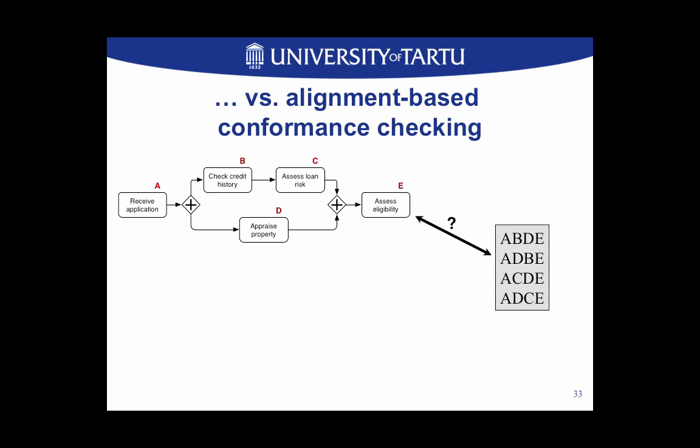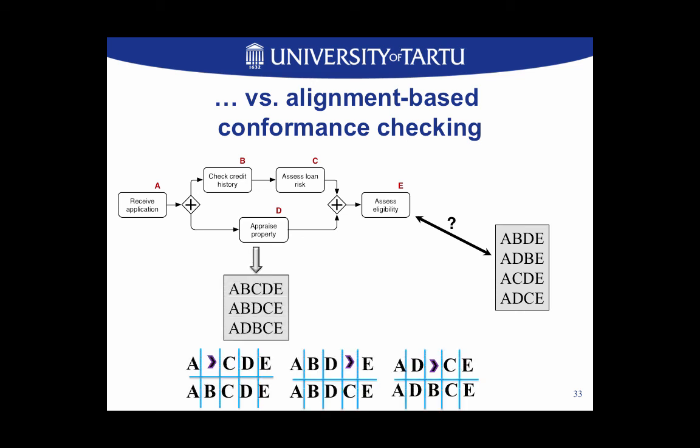In trace alignment, which is the state-of-the-art technique for conformance checking, I have this model that generates these traces. No, sorry, this is the log, this is the model. This model generates these traces. What trace alignment will do is that for every trace here, you find the closest trace there, and it will build me an alignment. And in this example, which is relatively simple, I get 3 alignments, and this is effectively what trace alignment gives me back. If I have a more complex model and a more complex log, I get a linearly larger number of statements. And all that this is telling me is that there is some aligned trace between the model and the log